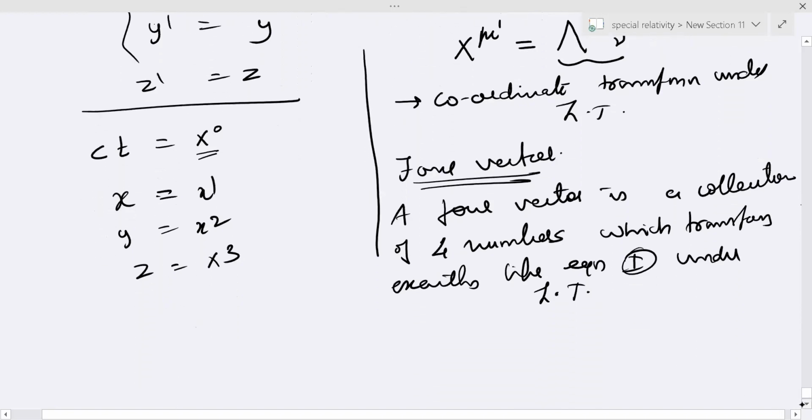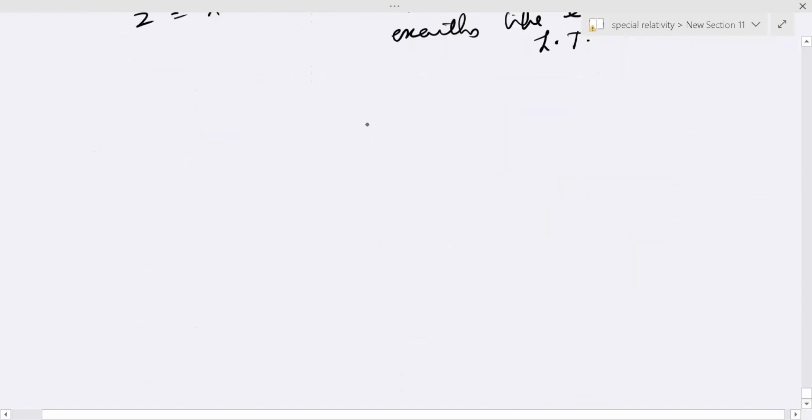Again, we are talking only about the components. You have to keep in mind that a 4 vector itself is a relativistically invariant object. This is geometric. It has a specific geometric meaning, but the components transform. We are defining vectors in terms of the transformation of their components. So we can say that a collection of 4 numbers a0, a1, a2, a3 form a vector